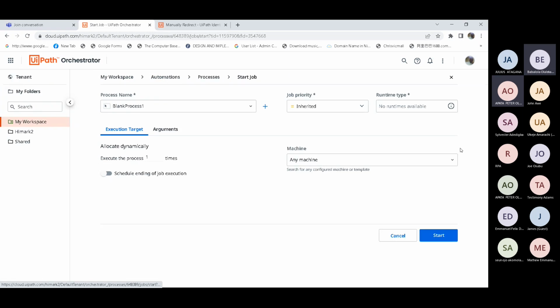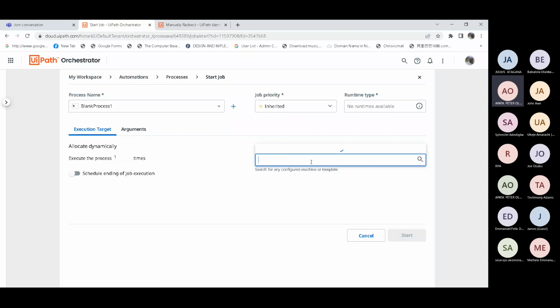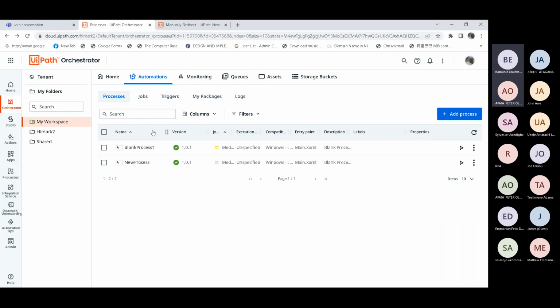So edit one of the process now. Not showing any machine. We'll have to execute it here. Let me see troubleshoot for this.